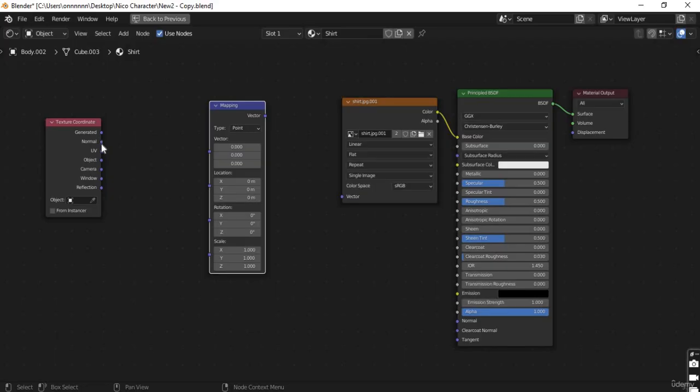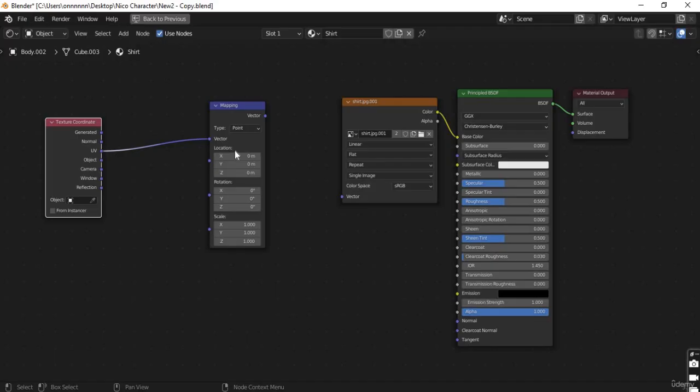I'm gonna connect this UV to the vector, and I'm gonna connect this vector to the vector here. Okay,